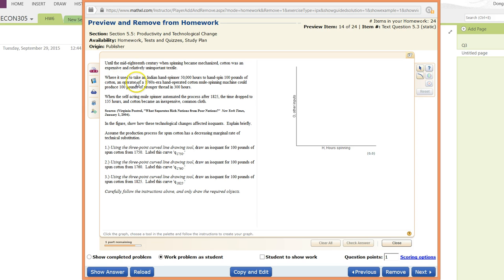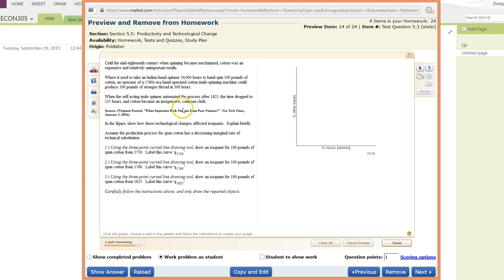So where it used to take an Indian hand spinner 50,000 hours to hand spin 100 pounds of cotton, an operator of a 1760s era hand-operated cotton mill spinning machine could produce 100 pounds of stronger thread in 300 hours. When the self-acting mill spinner automated the process after 1825, the time dropped to 135 hours and cotton became an